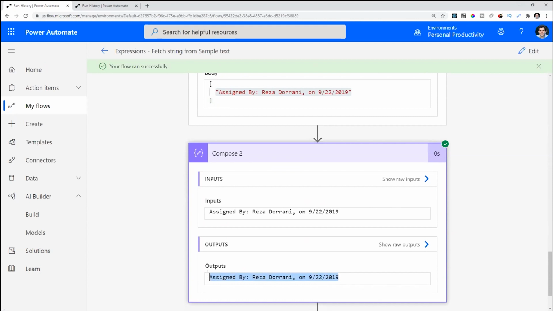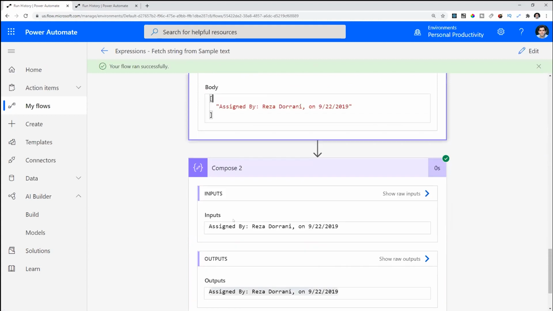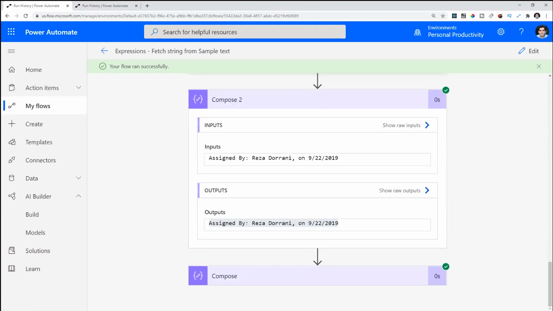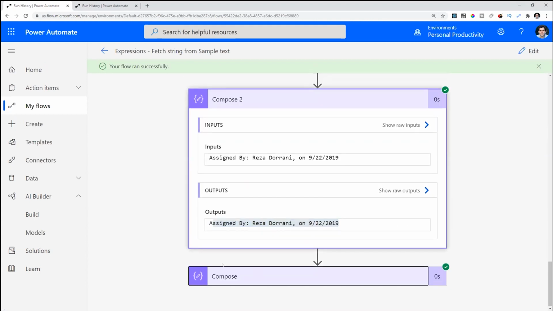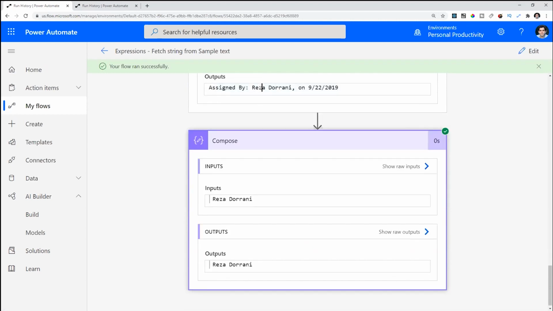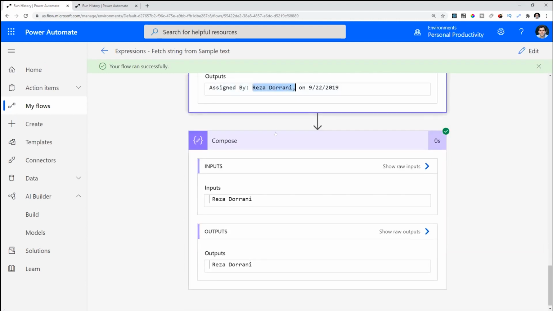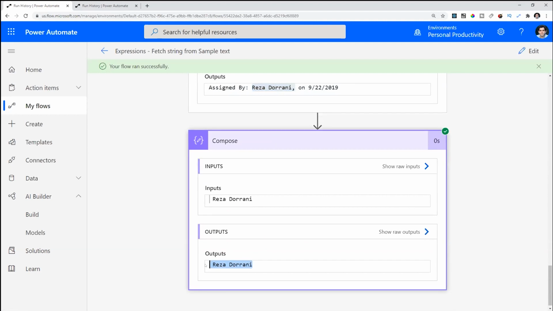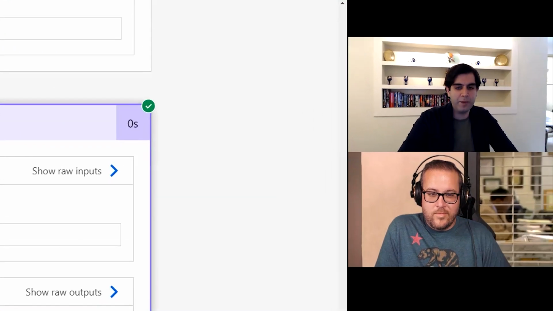Now notice, I don't have the array symbol around it. It's different. This is an array. Then I wrote the formula to grab me the first item. So it grabs me this. And then I wrote some additional expressions to just get the name of the person whom the task is assigned. I wrote some functions in there and I got my output, which is Reza. I could have easily got the date. Maybe that's a task that I want to create in Planner. You can use the Planner action, grab the name, grab the assigned date, due date, assign task in Planner.